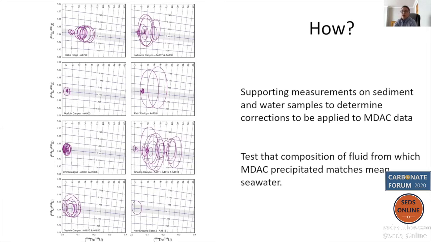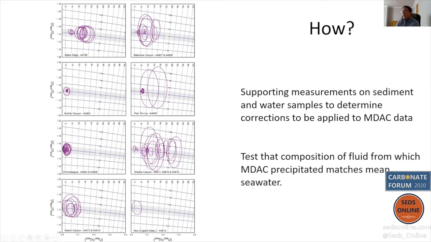And experience and indeed the literature tells us that in the overwhelming majority of cases for methane-derived carbonates, this is going to be open ocean water, mean ocean water. So the diagram on the left shows our data from the margin.